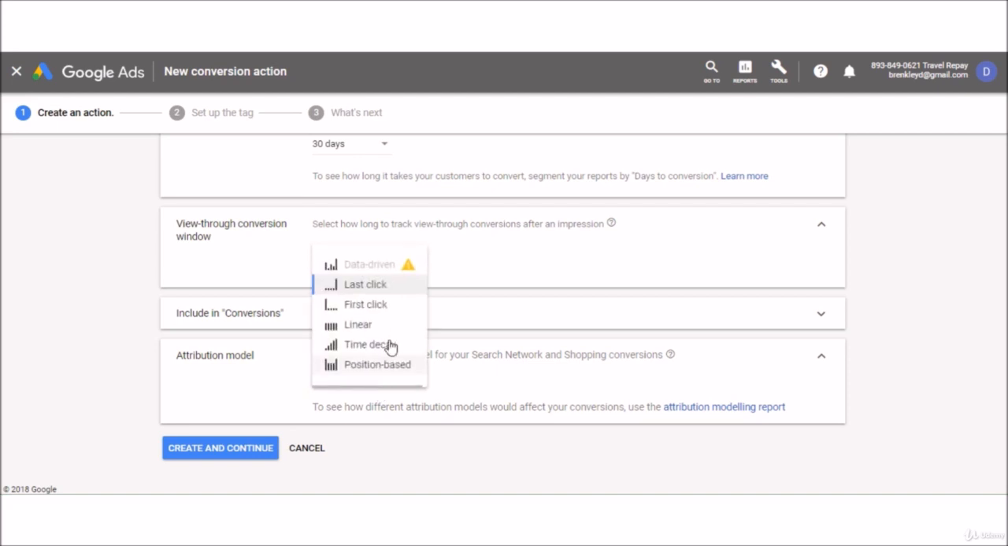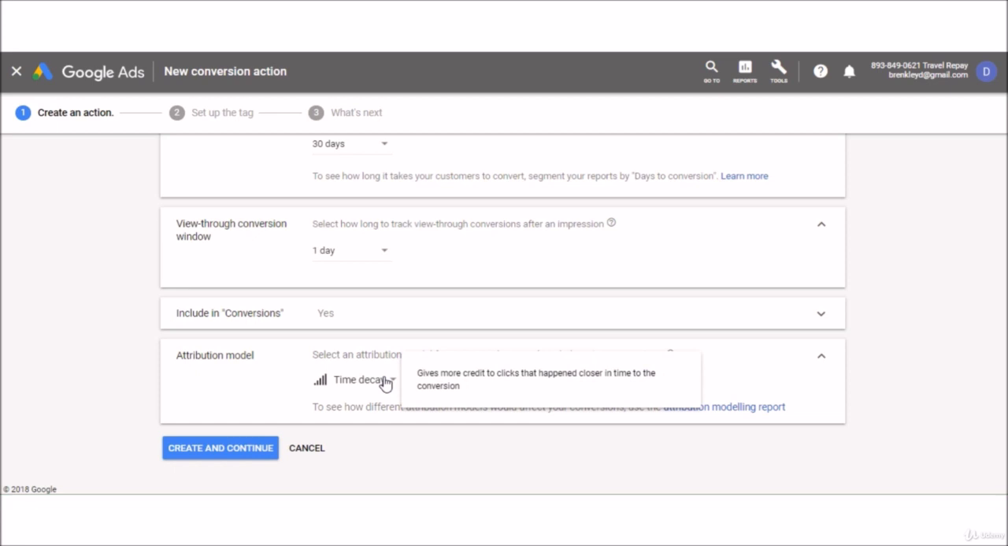I tend to change this one to time decay, and basically what that does is it gives more credit to clicks that happened closer in time to the conversion. It just gives you a better way to track it. So we click create and continue,